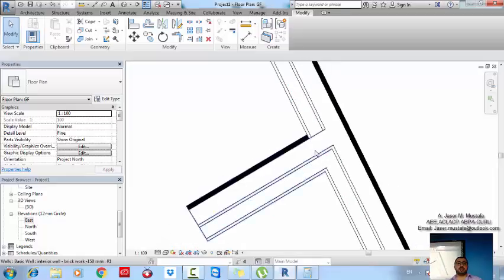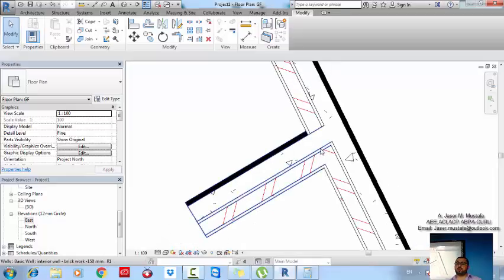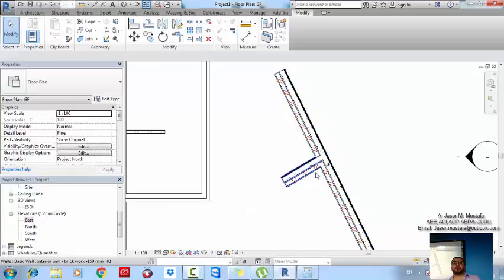Okay guys, and you can see that it automatically joins the materials together. The same materials always join together. If you remember, it was a very big deal in AutoCAD. You usually draw, you trim, you hatch. Sometimes the hatches do not work. Sometimes the trims do not work. You have different levels of the lines, blah, blah, blah. All that headache is finished now, and you have this option now, and it works in all the types of